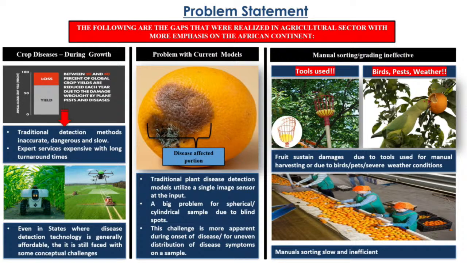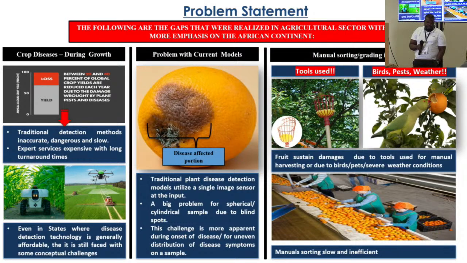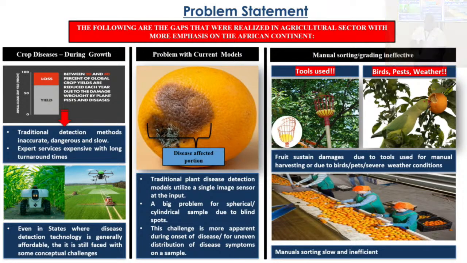The major conceptual challenge that I noticed with these artificial intelligence-based plant disease detection models is that they use single input images, taking single snapshots which they then send into machine learning to perform a classification. That setup is appropriate for samples such as leaves, which are flat. It becomes a challenge with samples such as fruits, which are spherical or cylindrical in nature, where you can have